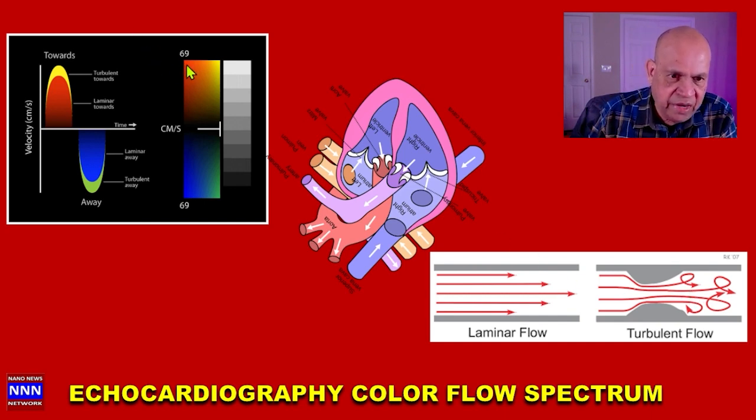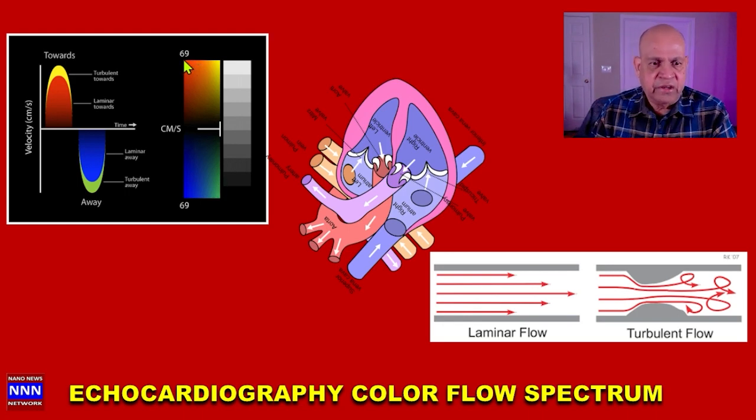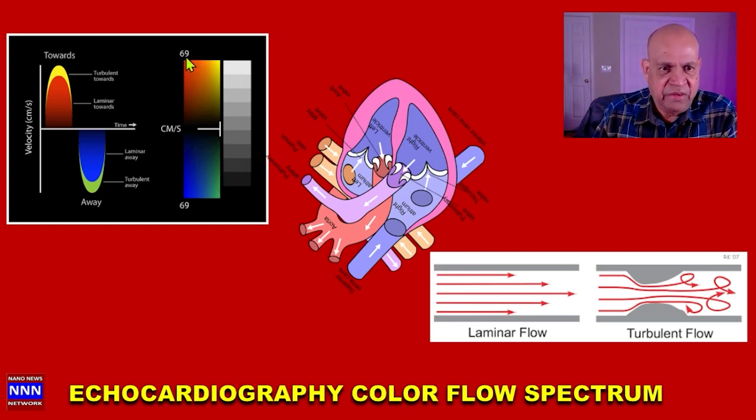So here we have a smooth velocity, and as the turbulence increases, we have a turbulent velocity. Same thing with the blue here, smooth and turbulent. Also, we have a scale. The scale represents the velocity, 69 centimeters per second. The velocity on the left side of the heart is higher compared to the velocity on the right side of